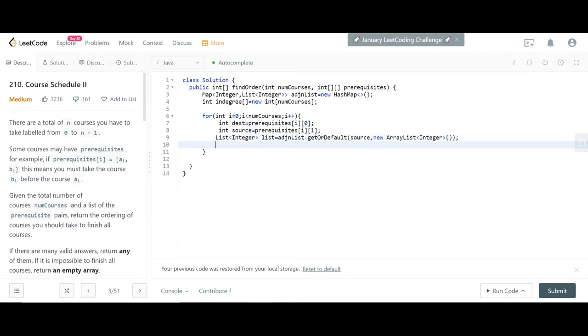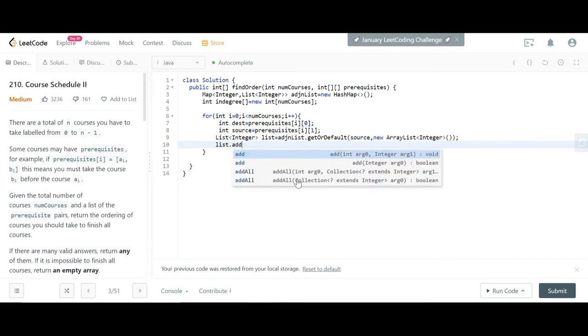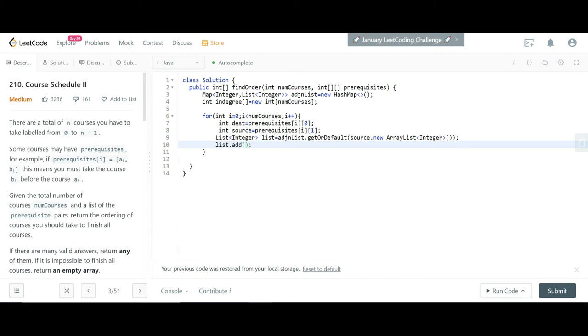At the end we add that element, the destination value, to the list, and then finally we put it in the map, so it will be source comma list.